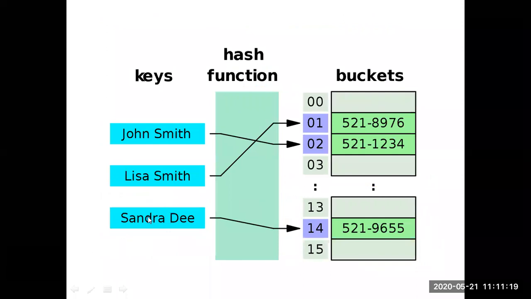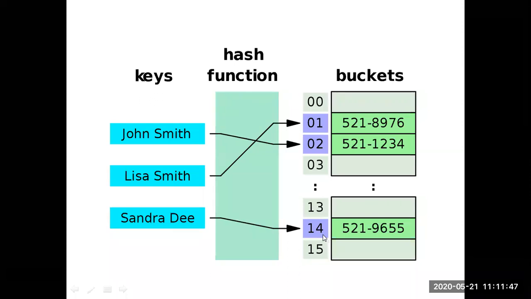See here, briefly, what is hashing? This is the hash table. In the entire hash table, each slot is called a bucket: bucket one, bucket two, bucket three, like that. Whenever we want to place some values in this hash table, here the locations are 1, 2, 3, 4 up to 15. Fifteen buckets are available in this hash table.